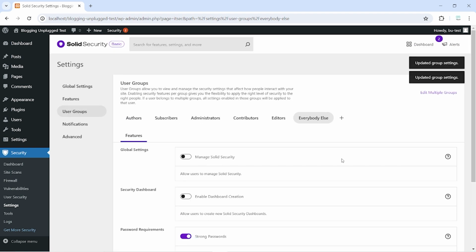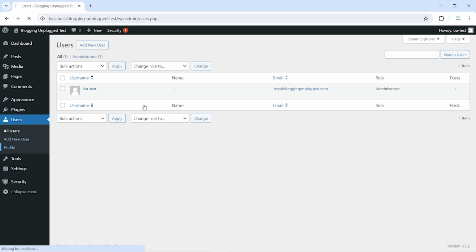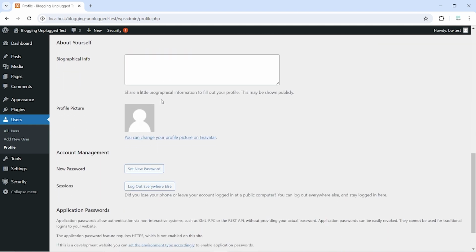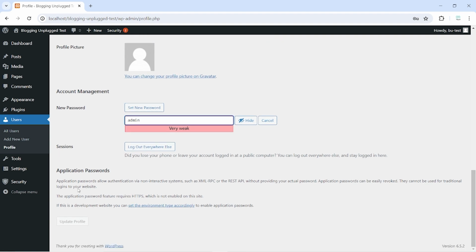Now we need to check if this strong password policy has been enforced or not. For that, we are going to head over to users, or profile right here, I'm sorry. Now we scroll down and here is the set new password option. We'll click this again, delete it, type in admin, and you can see that the option to select the weak password is gone, and this button won't activate until we select a strong password. So this is the setting that will allow you to enforce a strong password policy across your